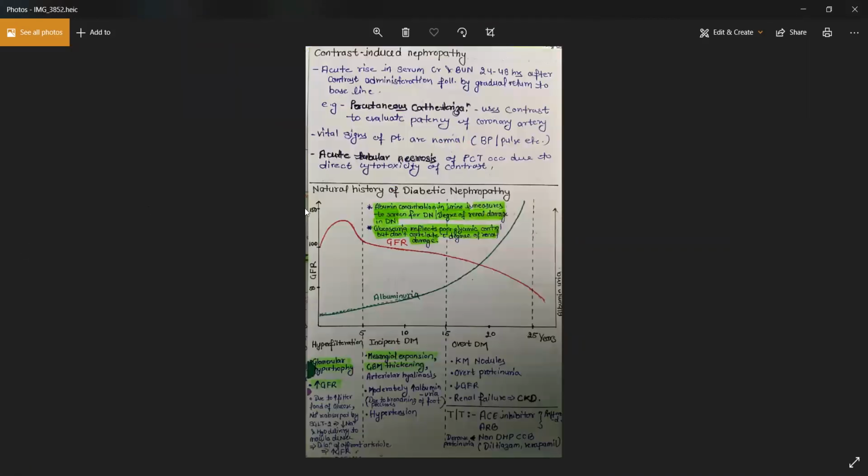This part we have discussed already, the natural history of the patient with diabetes. And contrast-induced nephropathy, whenever you encounter a patient who's undergoing a CT or MRI with contrast use, or a patient with percutaneous catheterization, in that you also need to visualize the artery, so you give the patient a contrast, right? With the contrast, you can have a contrast injury, and that happens within 24 to 48 hours after the use of the contrast, and patients rarely have oliguria. He will have very little urine output within 24 hours, and that's how you know the patient is having acute tubular necrosis. Vital signs absolutely normal, no hematuria will be seen. Just oliguria will be there, right?